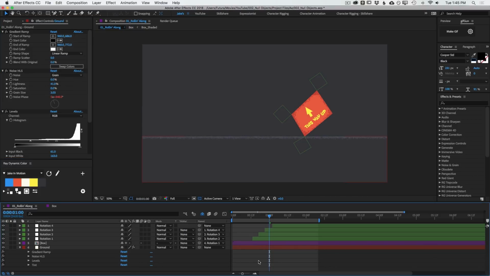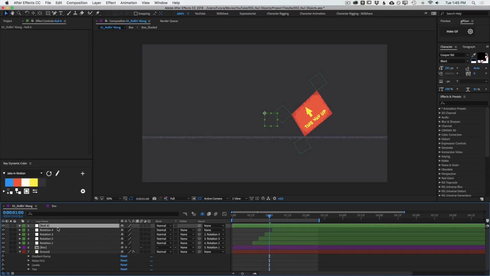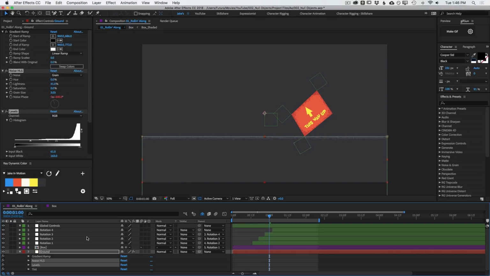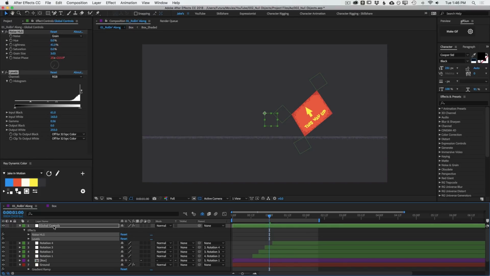But if I were to make a null object, and remember, null objects don't render, that's why I'm choosing this as my layer. I'll name this Global Controls, and I'll select the 2 effects that are making up that grain and copy them, and then paste them on the Global Controls. Now again, null objects aren't rendering, so you don't see any change even though I put these effects on here,